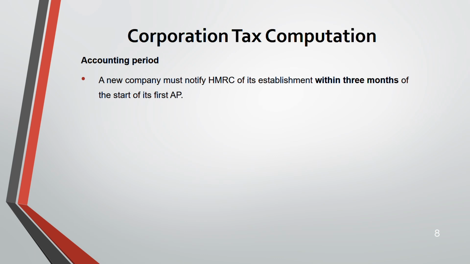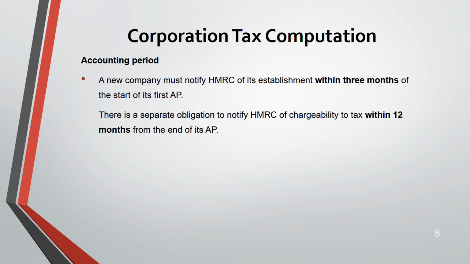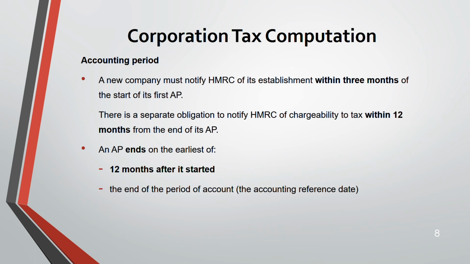Now, a new company must notify HMRC of establishment within 3 months of the start of its first accounting period. There's a separate obligation to notify HMRC of chargeability to tax within 12 months from the end of its accounting period. An accounting period ends on the earliest of 12 months after it started, the end of the period of account,